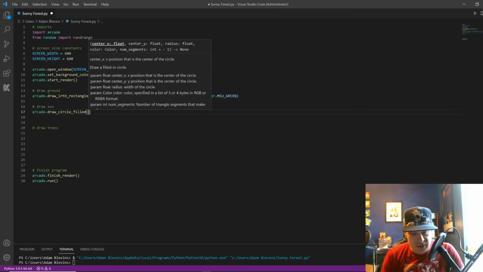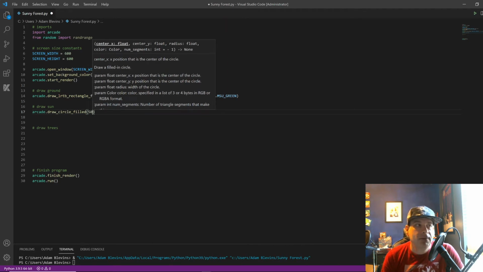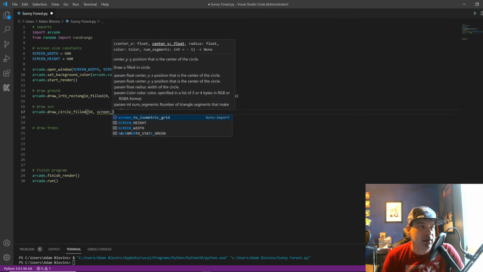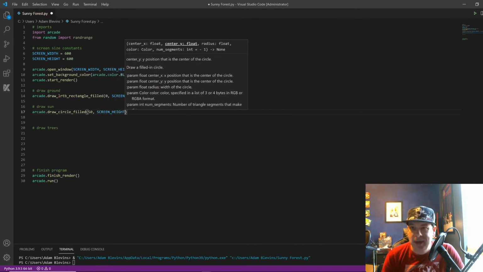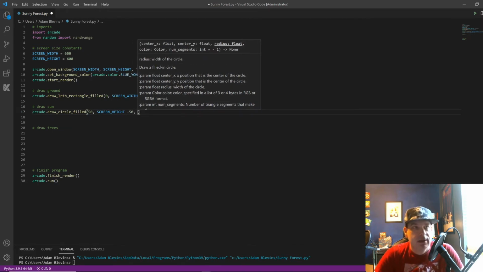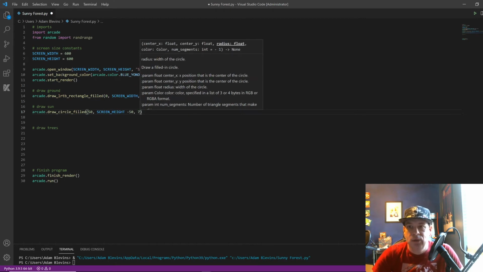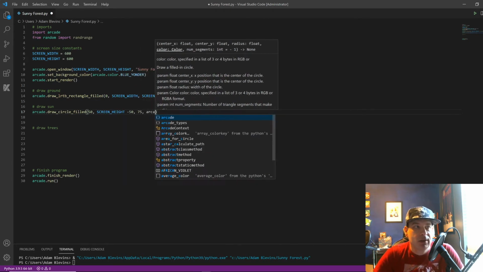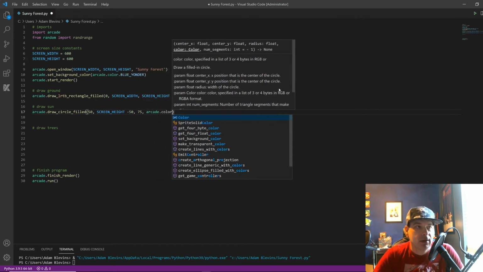So I've already messed around with some values on this and figured out some that I like. So for our x and y, we're going to do 50 for the x. For the y, we're going to do another math equation here. We're going to do screen height minus 50 for the height. And for the radius, we're going to do 75. And for the color, we're going to do